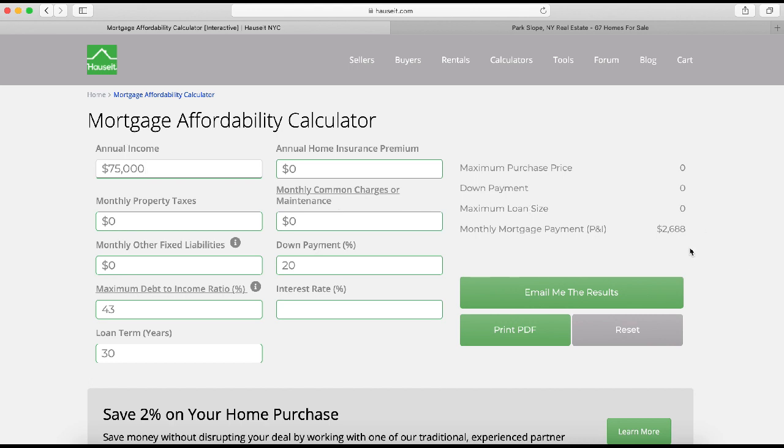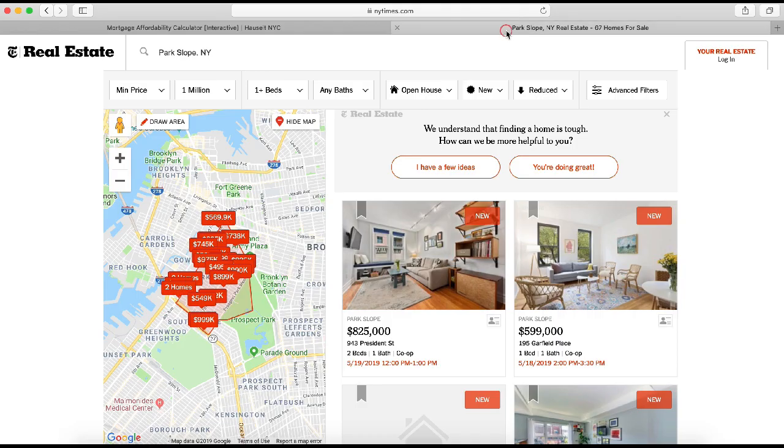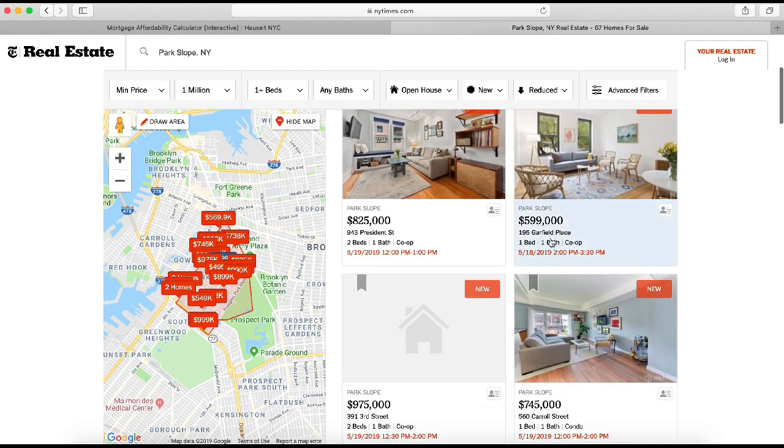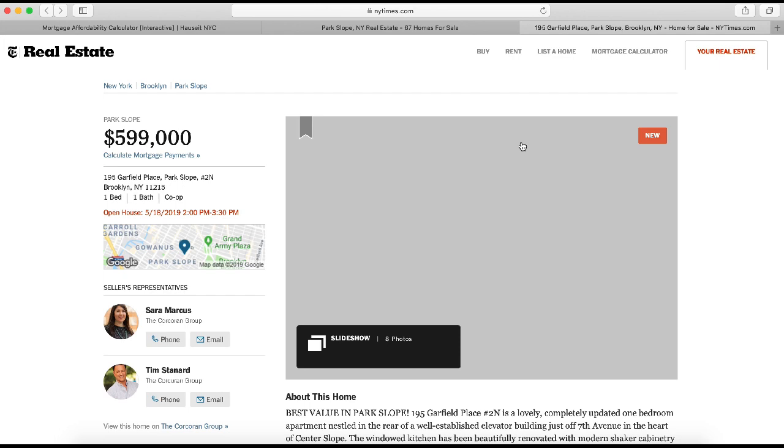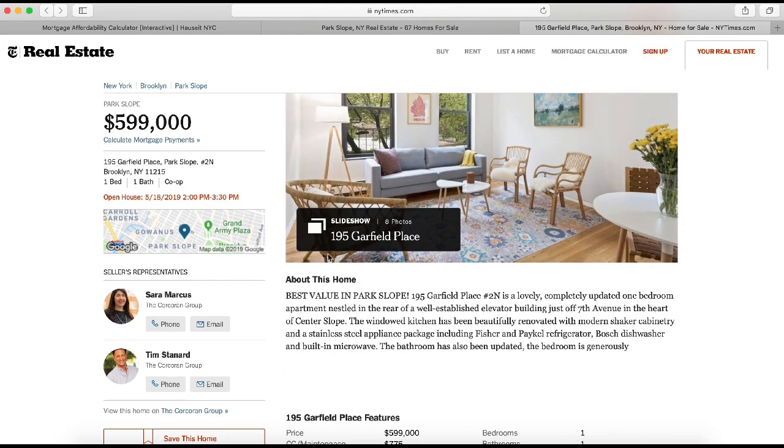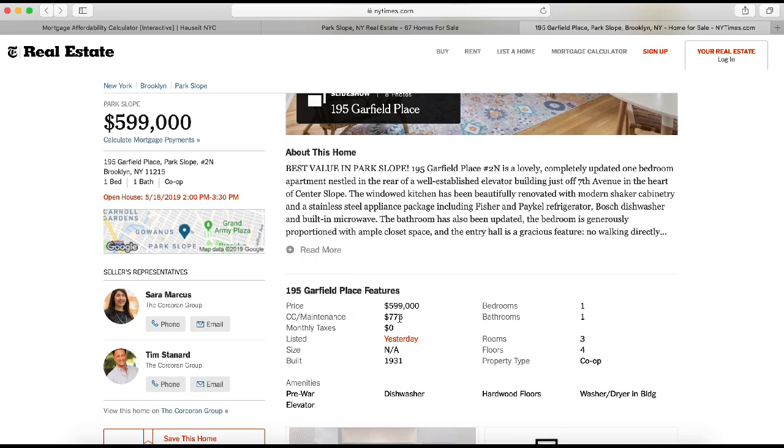So we've put an income here, but this figure is not super accurate because it's not taking into consideration the fact that you will have other housing related expenses. So if we were to take an example, we would go to a listing in the city. Why don't we click on something like this for starters? And we're going to actually look and figure out what the carrying costs are for this property. So in this case, if we scroll down here, we see that the maintenance is $775 and the monthly taxes